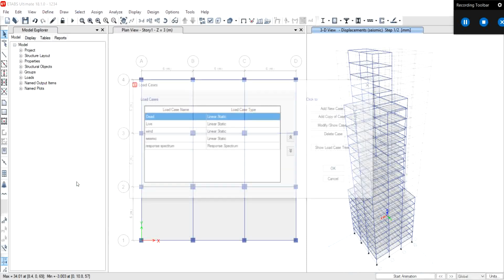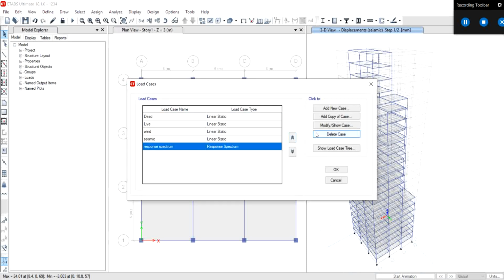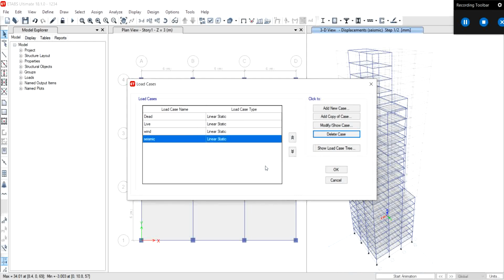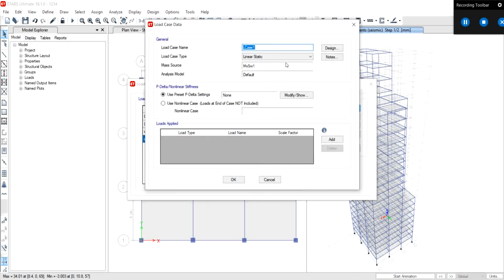Now go to define load cases, response spectrum. I want to delete this and add a new case. This is because I have defined a time function, which is time history analysis, a type of dynamic analysis, and now I have to add it in the list of load cases of the software, so that the software will identify this function and will run the seismic analysis according to it.